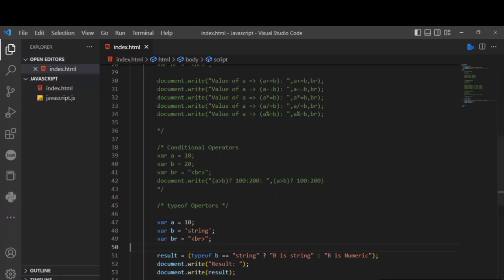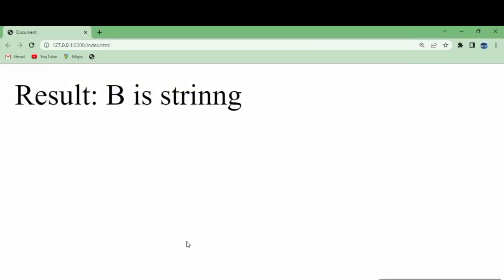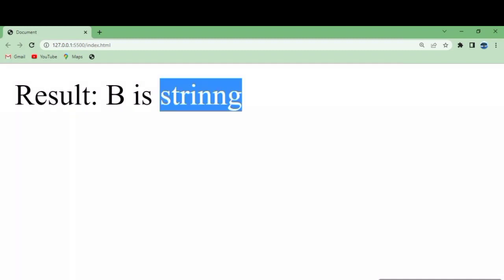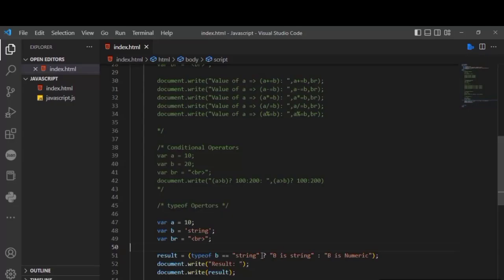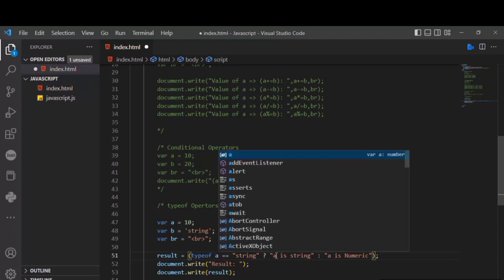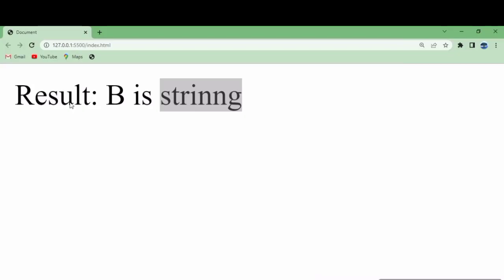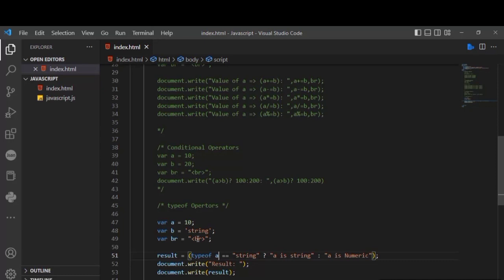So now we see B is a string. Now if we replace b with, for an example, a, if we replace typeof b with typeof a, then it should say something different, like A is numeric. So typeof a, refresh the page, and the result is numeric. See, A is 10. So that's how these operators